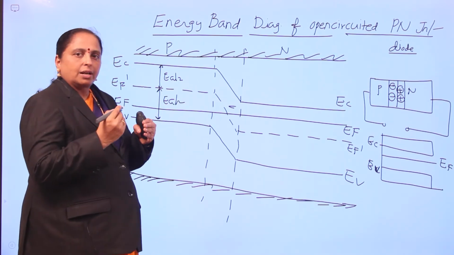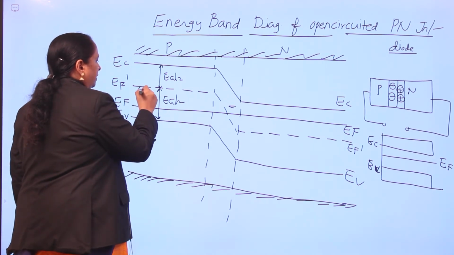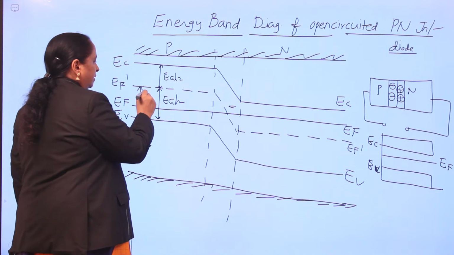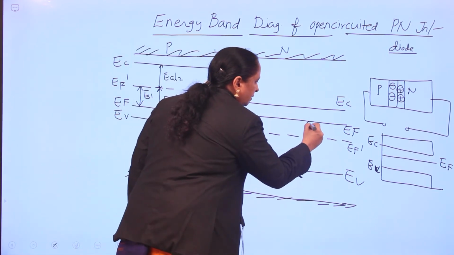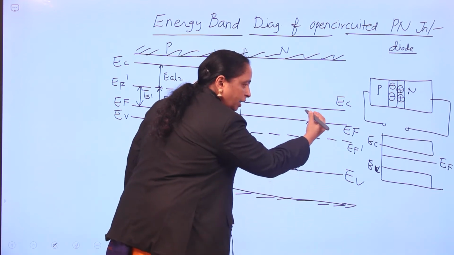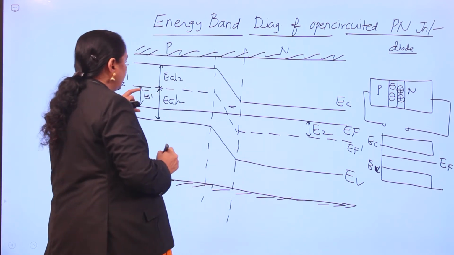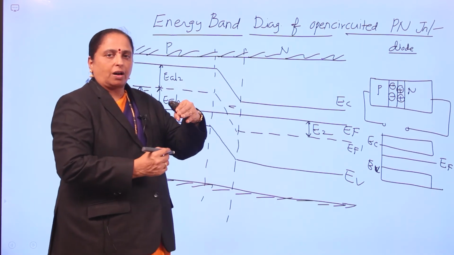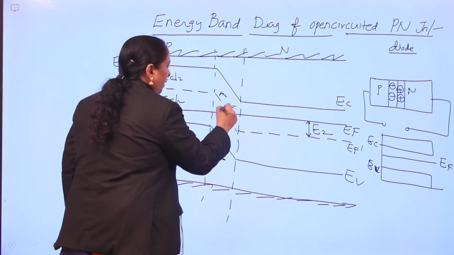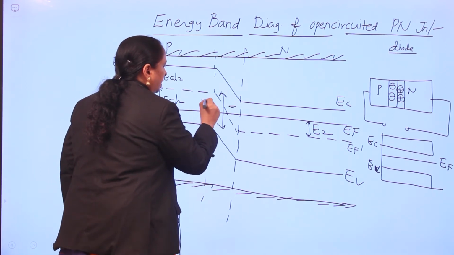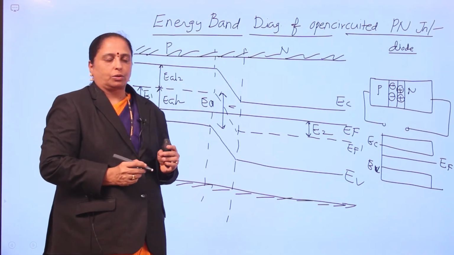So how much the Fermi level is raised towards the conduction band, this rise is known as E1, consider this as E1. And here, how much value is reduced, or brought back to the middle portion, that is E2. So now this E1 plus E2 will cause a barrier, which is represented by E0. This is known as the barrier voltage.